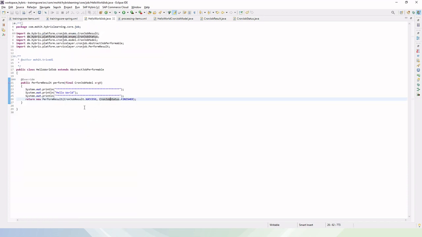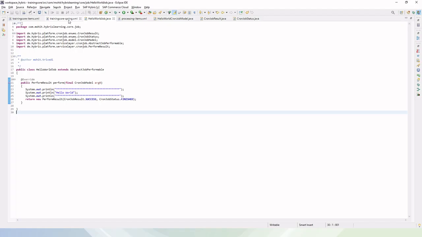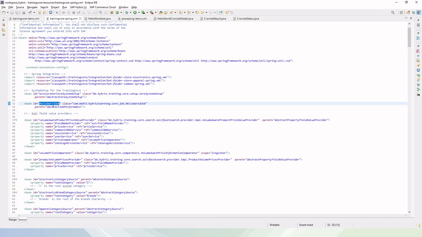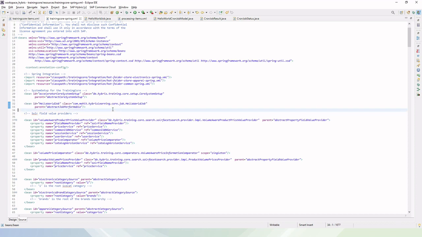So with this we have created a class here. Now as part of the next step, we have to define the class as a Spring bean in spring.xml. For that, we'll go to the spring.xml, and here you can see we have defined our class. The bean ID is hello world job, right?